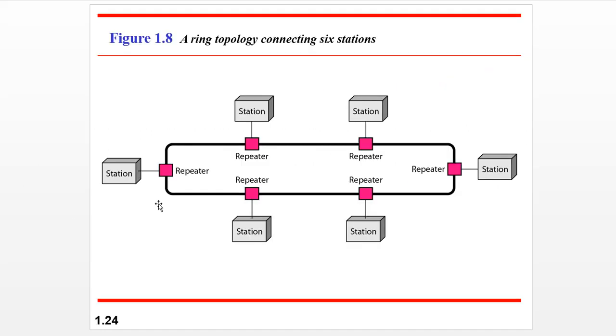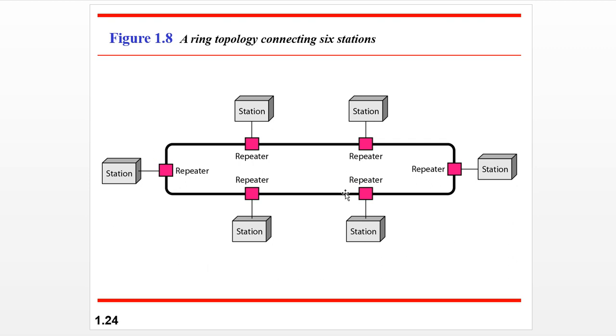It seems like a bus topology, but it is not a bus topology. There we have to design the topology in the fashion of a ring. As you are seeing now, this is called a ring. The same way we used to take taps in the bus topology, we are taking repeaters in the ring topology. Here there are stations which are connected.